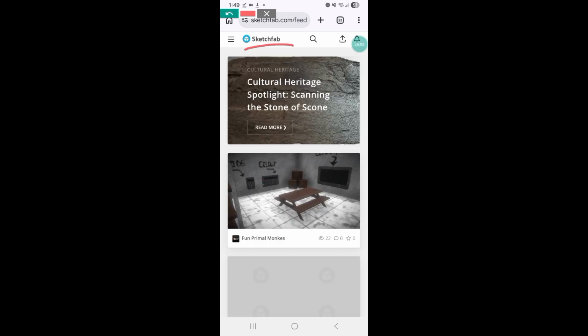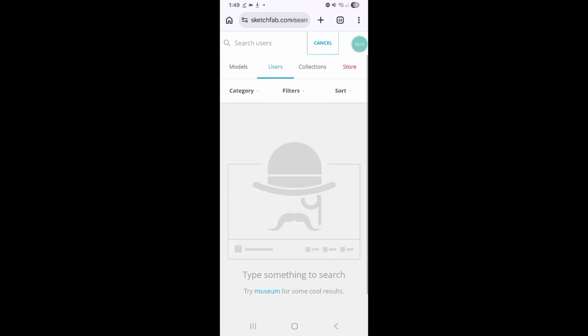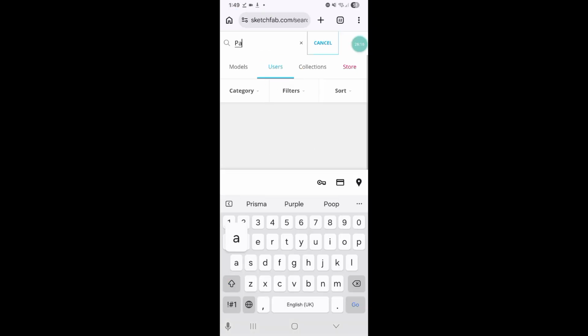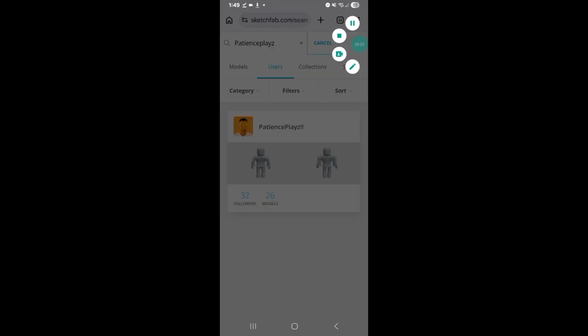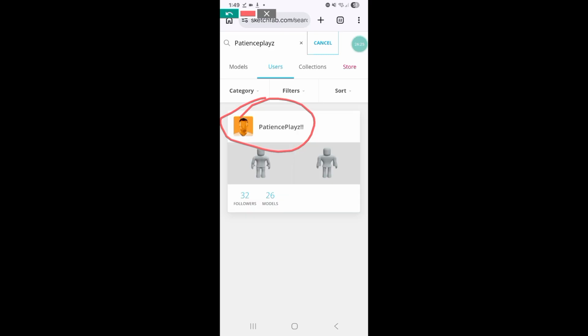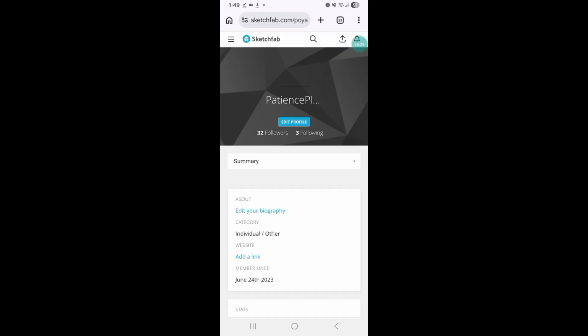Now you want to go over to Sketchfab. Just search Sketchfab. And then you want to go over to users. And then just search my name. Patience Place. It's this one right here with the 2 exclamation marks. You want to go over here,